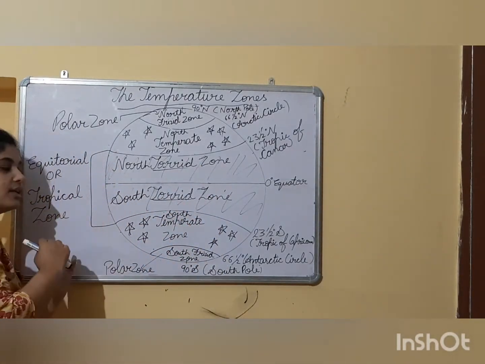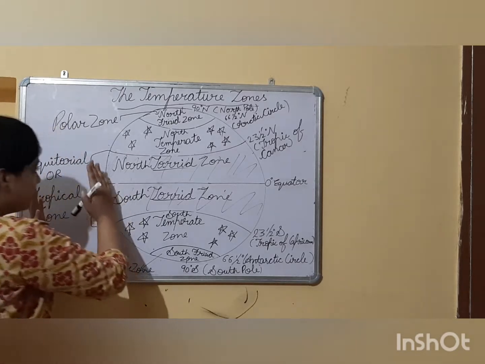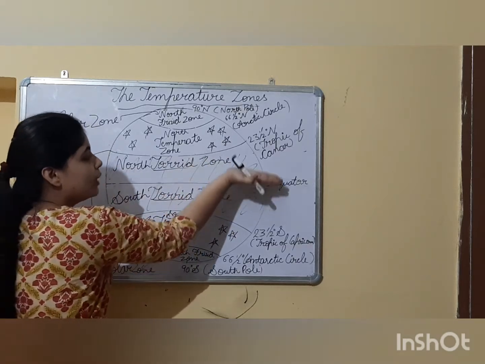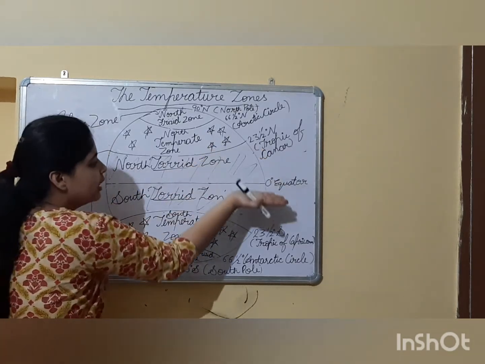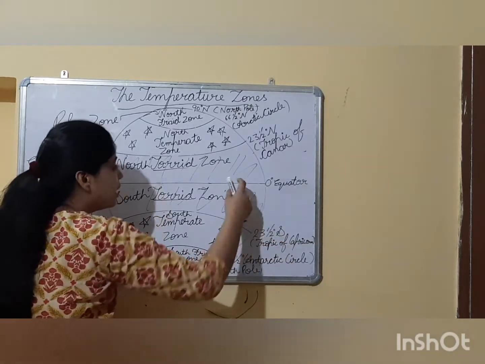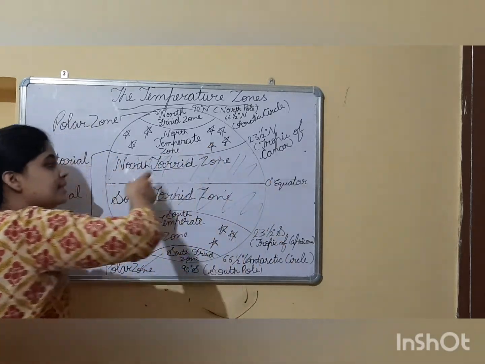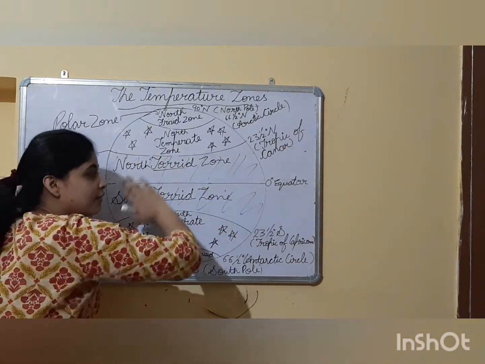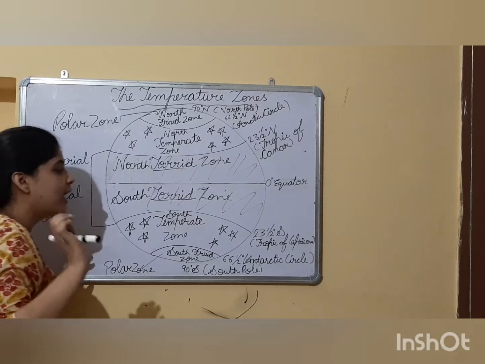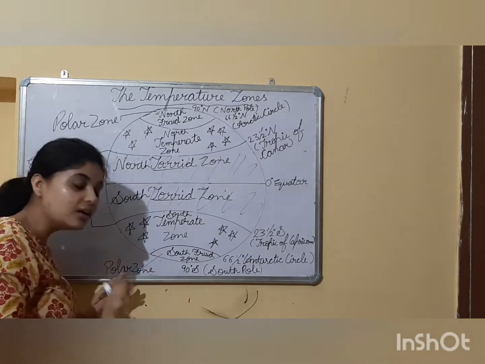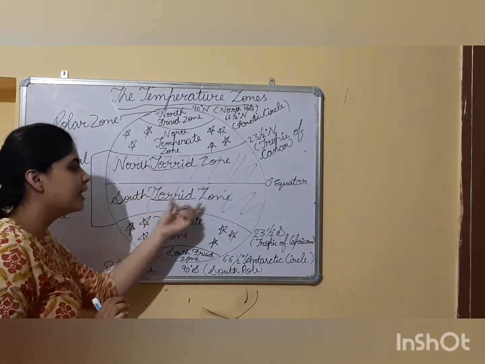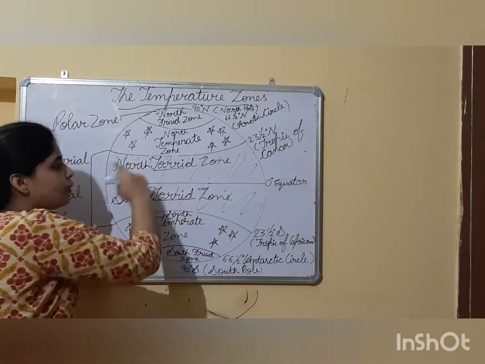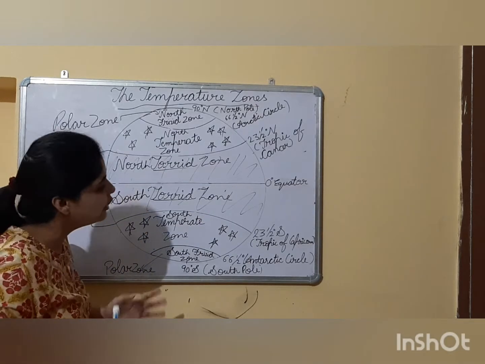So as I discussed earlier, the places which are on the equator and near the equator, means between equator and Tropic of Cancer to the north, equator and Tropic of Capricorn to the south, this whole area receives direct rays of the sunlight. Here the sun rays are very strong, that's why they are very hot zones of the earth. Okay, that's why they come under the torrid zone, means hot zone. So the climate in this particular area will be hot, dry and humid.